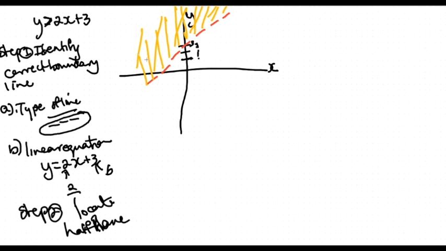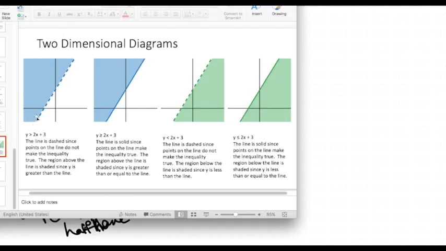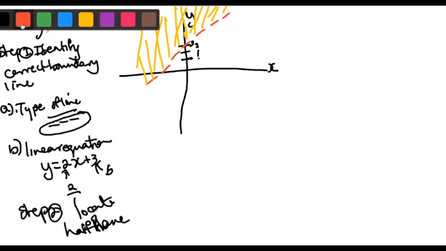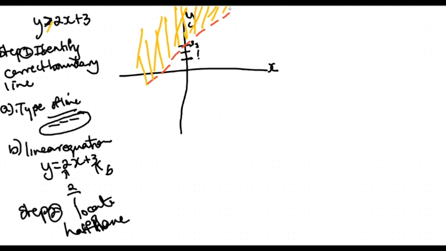So look at it carefully here, and then I want us to look at the example here. So you realize it's more or less the same thing, right? Obviously, mine is not drawn to scale. And then let's look at this example where it says y is greater than or equal to the same 2x plus 3. So in this example, the only thing I'm changing is adding that equal here. The graph is more or less the same. It's just that the line, instead of being broken, it will be